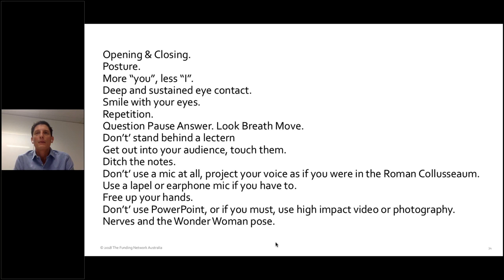But PowerPoint, I mean, there's been numerous studies done that suggest that if you just repeat on screen the words that you're saying, no one remembers anything. They don't remember what you say, and they don't remember what was on the screen either. It's much better to use your PowerPoint as what it was originally designed for, as a visual aid. It's meant to be there to help create greater emphasis and impact for what it is you're saying, not to repeat what it is that you're telling the audience.